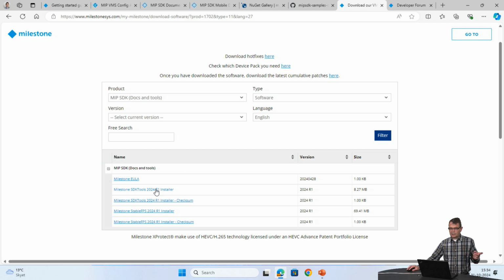And then comes the tools installer, which are the other tools that I will mention now, switching back to the presentation.